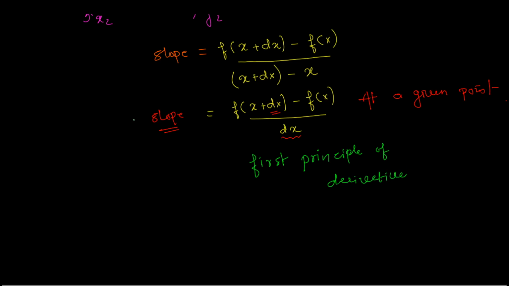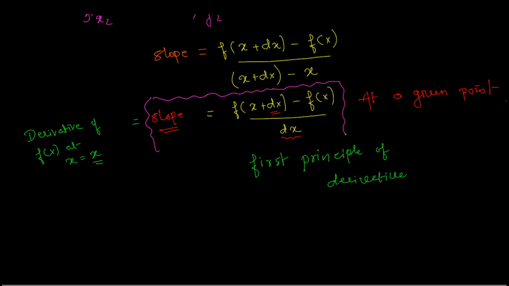So in fact what you have just found out is nothing but the derivative of the function f of x at x equal to the value of x basically. Right, so that's how you find derivative. So derivative is nothing fancy. You can actually always use this, I wouldn't call it formula, but yeah, you can use this little method here to find the slope.